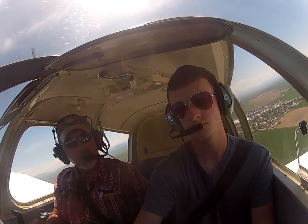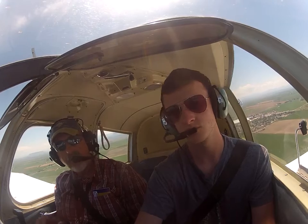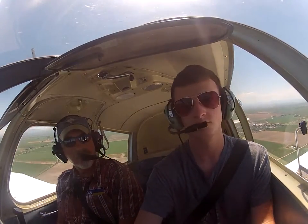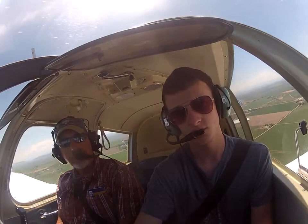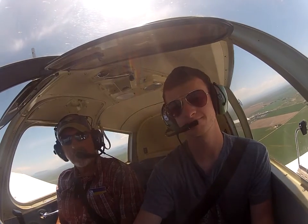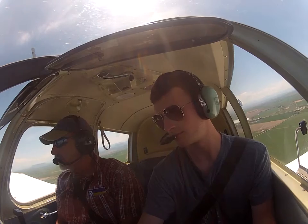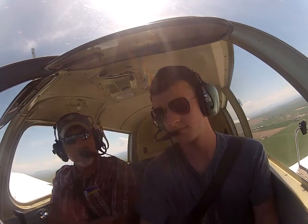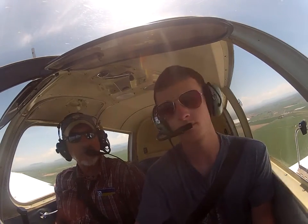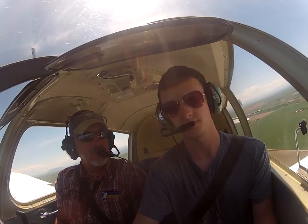Fairfield traffic, Cherokee 9690 Whiskey's left downwind, runway 18, touch and go, Fairfield. So sometimes you get some ag planes out here, and they don't even talk to anybody. Sometimes they do, but lots of times they don't. And I know somebody who was over here getting ready to land at Fairfield, and the airplane pulled out on the runway, the back taxi right in front of them. Oh, really? Yeah,